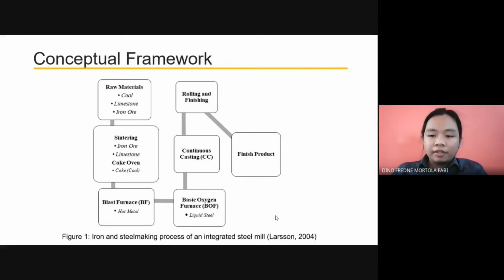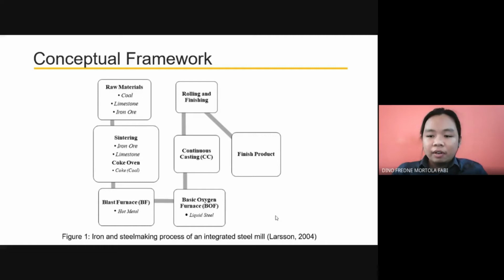It is used to generate the coke. Iron ore is a metallic mineral used to make the steel, and limestone is a fluxing agent used to make slag that removes the impurities in the production process for better output. The materials are charged into the sintering process that transforms the raw materials into the agglomerated products for the blast furnace. But before the entire blasting process, the coal will be heated first in the coke oven to produce the coke, which will be used as a fuel in the blast furnace and serves as a reducing agent in smelting